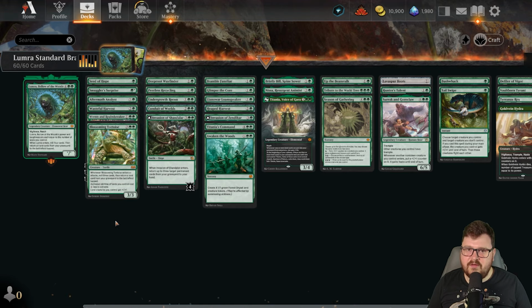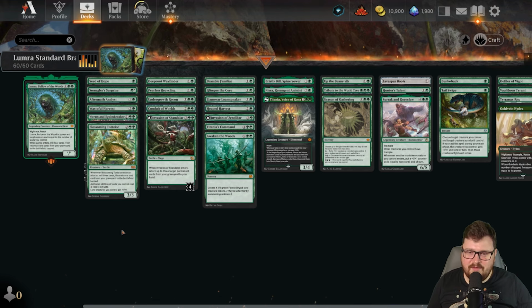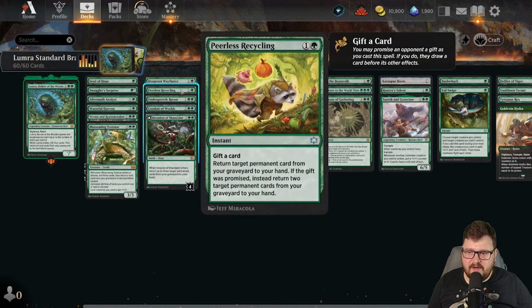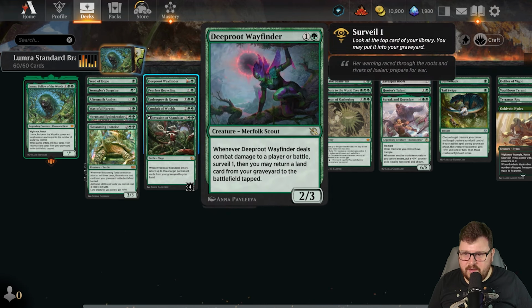So it's not too hard to start filling our graveyard with a bunch of cards, and a lot of those cards aren't going to be lands, so I did include some things to help get the non-lands out. Peerless Recycling is a new one, and I love it. Just 2 mana to get up to 2 things back is fantastic. Undergrowth Recon and Deep Root Wayfinder are more to get lands back, but